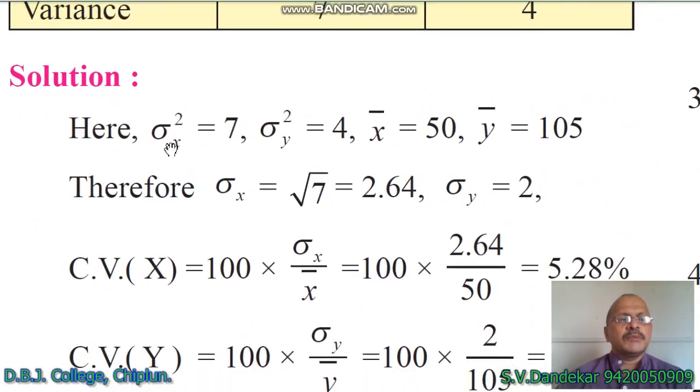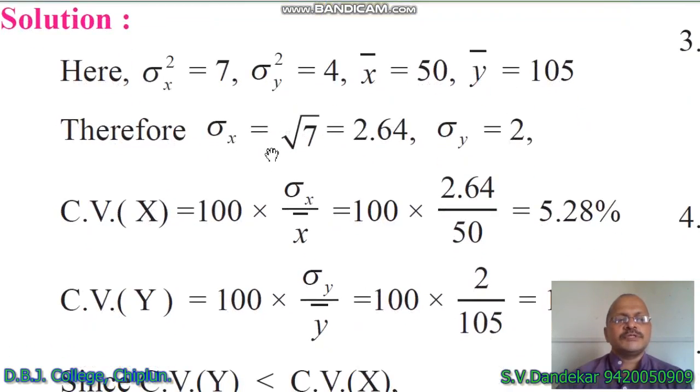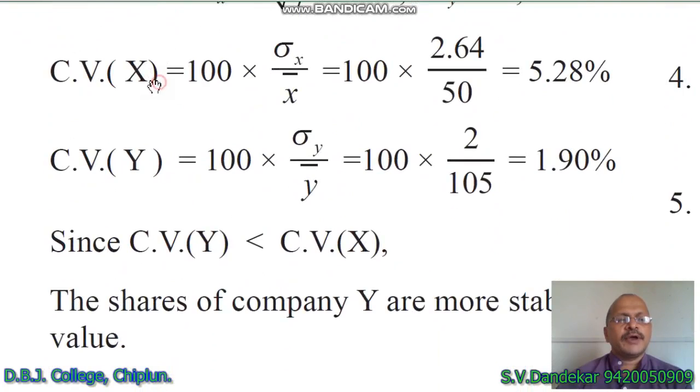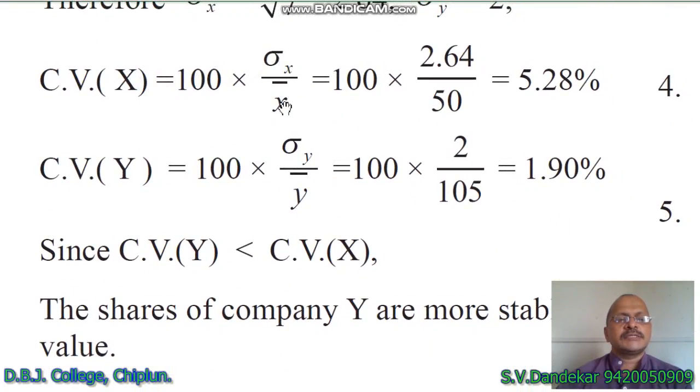Now sigma square x is equal to 7, so sigma x is equal to square root of 7, calculated using log table, 2.64. Sigma square y is 4, so sigma y is equal to 2. X bar is 50, y bar is 105. Let us find the coefficient of variation for both the companies. CV of x is sigma x upon x bar into 100. It is